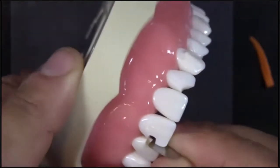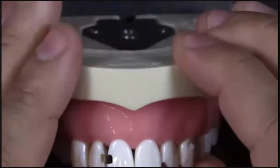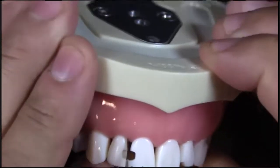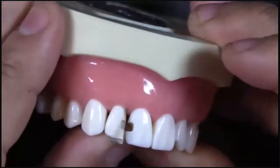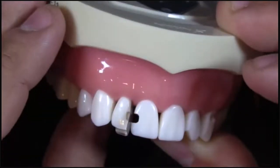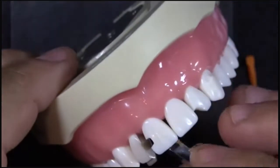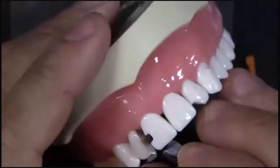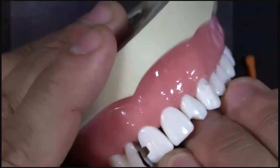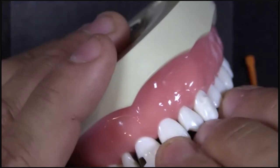So what you can do in these situations is place that matrix band down into the sulcus, and you end up with something that looks like this. And now, because these are right next to each other, I'm going to take another matrix band, the exact same matrix band, and put another one in, and we're going to tuck that into the adjacent tooth,